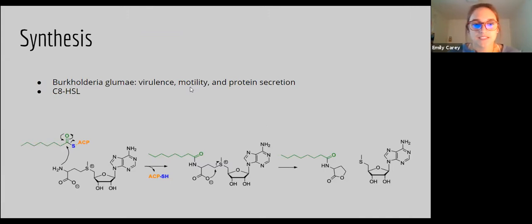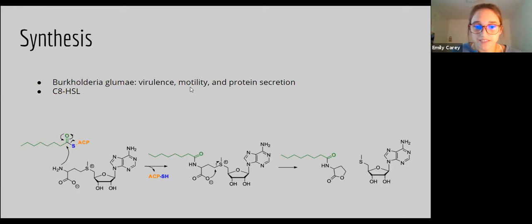Quorum sensing, again, controls the virulence, motility, and protein secretion, and it's mediated by the binding of C8HSL, otherwise known as N-octanoyl L-HSL, to its cognate receptor. C8HSL is synthesized by the acyl HSL synthase, which is shown below, and MTA over here is